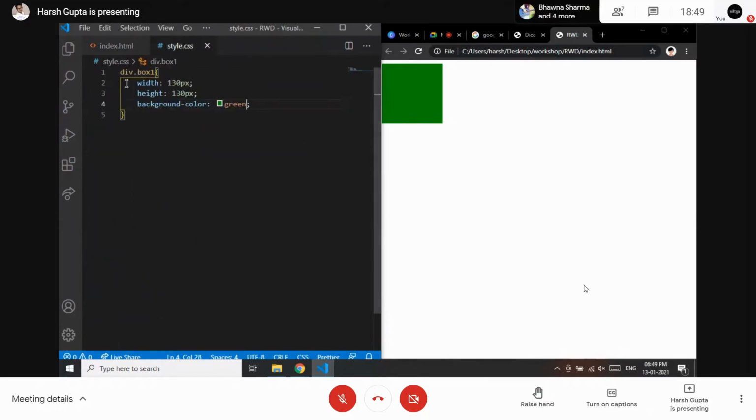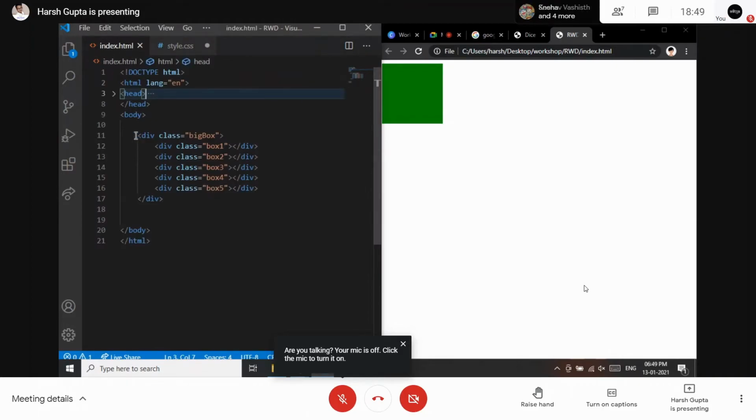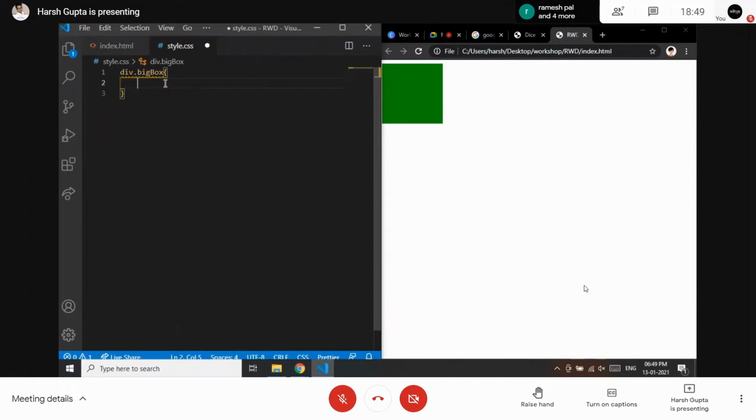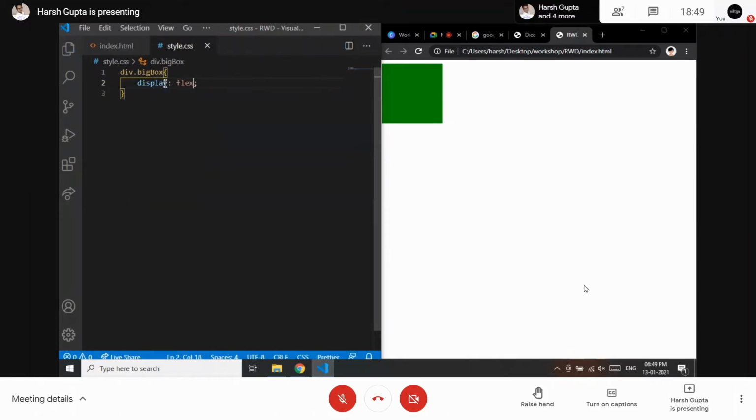First of all, let's clear this. The div dot big box. I'm referring to this div, this big container. Inside that container, we have a small container which has box one, box two, box three, and so on. In this box, I will be giving a property which is called display flex. Before giving display flex,